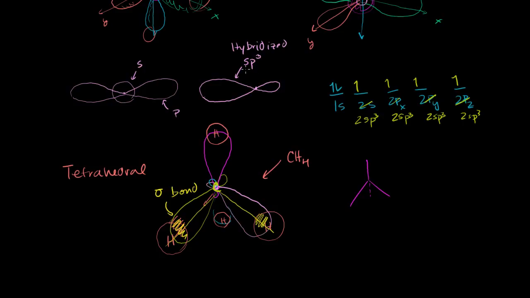It has 25% s character, 75% p character, which makes sense. And it's what exists when carbon forms bonds, especially in the case of methane. That's what describes its tetrahedral structure. That's why we have an angle between the various branches of 109.5 degrees, which some teachers might want you to know, so it's useful to know. If you take this angle right here, 109.5, that's the same thing as that angle. Or if you were to go behind it, that angle right there, 109.5 degrees. Explained by sp3 hybridization. The bonds themselves are sigma bonds. The overlap is along the axis connecting the hydrogen